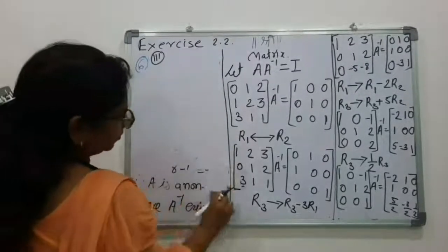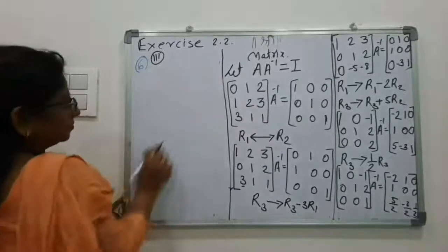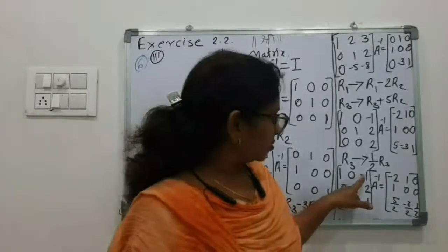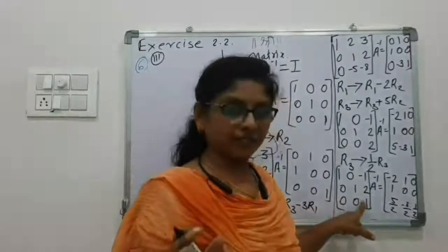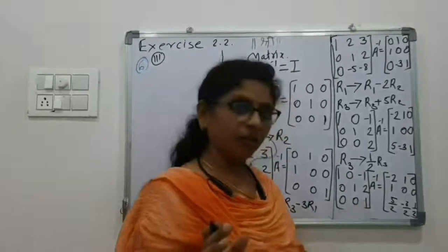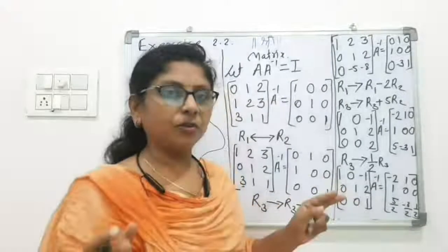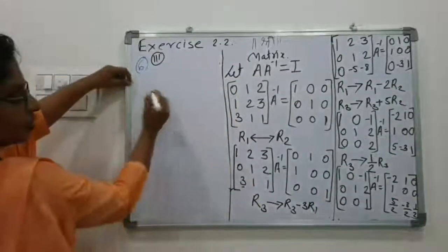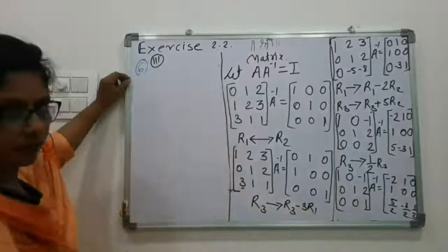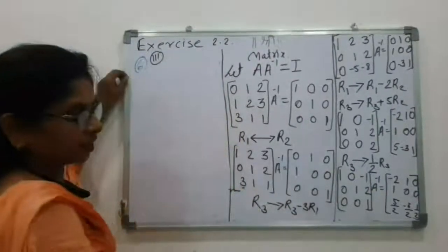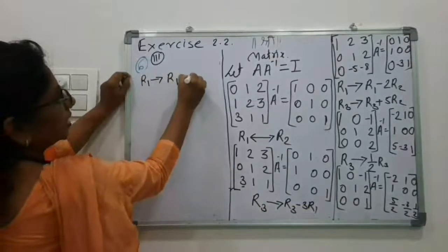Now what we want? We want first two elements of third column 0. Okay, these two elements we want to bring here 0. Okay, so with the help of R3, because this is column 3, with the help of R3 we have to do the operations on these two elements. So again R1 and R2 are independent. We will do both the transformations at a time. So if we add R3 and R1 at the place of R1, we will get there 0. So what we will do? R1 changes to R1 plus R3. Simple one.